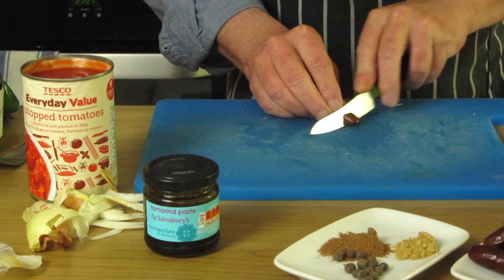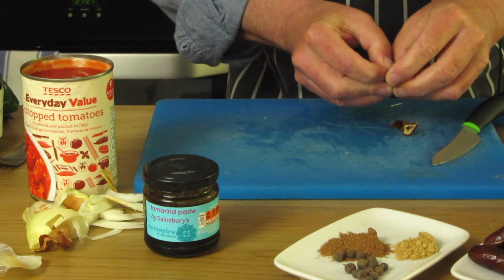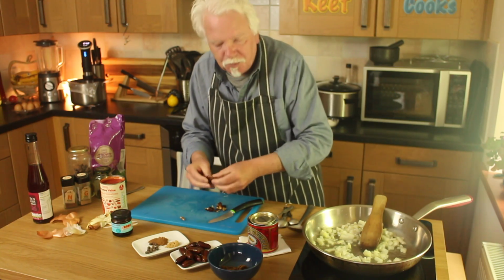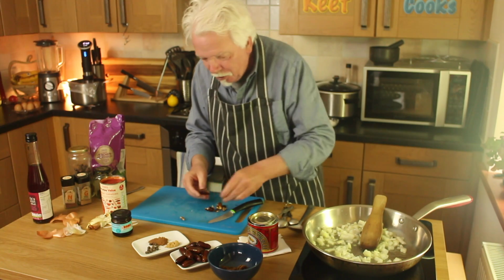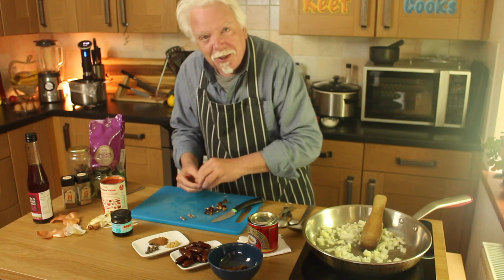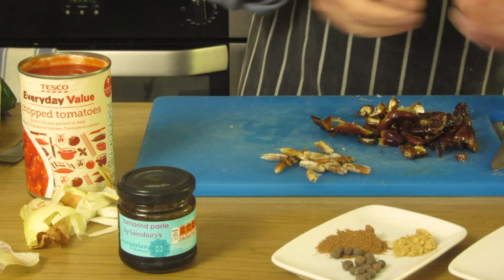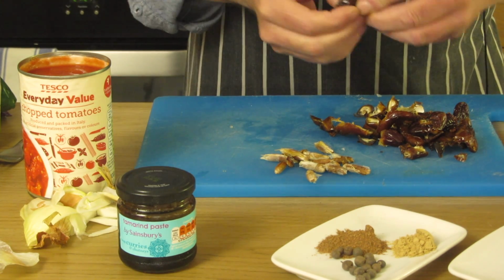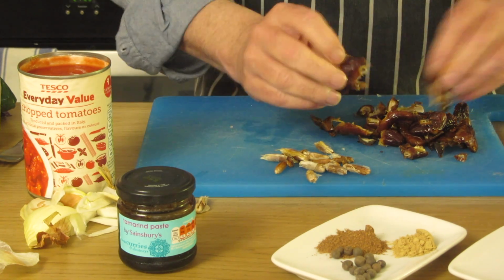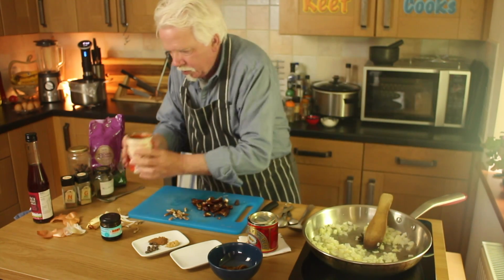Now do the dates. I hate sticky things. I bet we'll get some smart asses, hyper intelligent and knowledgeable people telling me quick, easy ways to do this job, and that'd be nice to know. Okay, worked it out for myself. You don't need to ponce around with a knife, just get your thumb in, break it open and pull out that pip. Okay, onions are nice and soft,